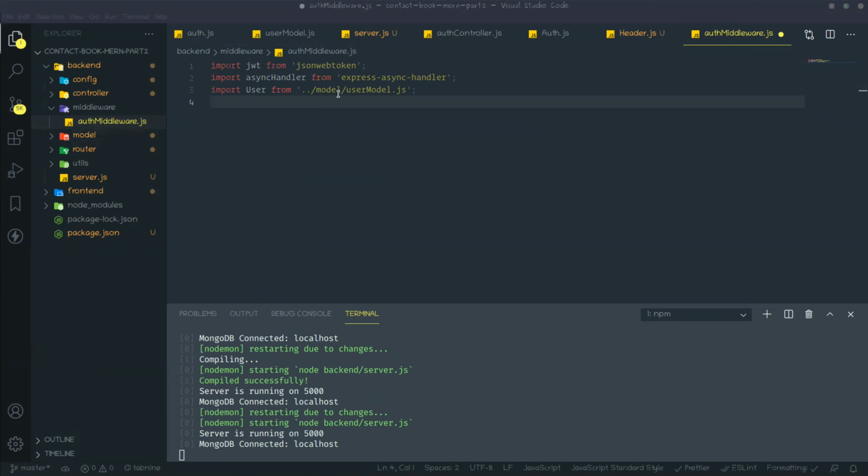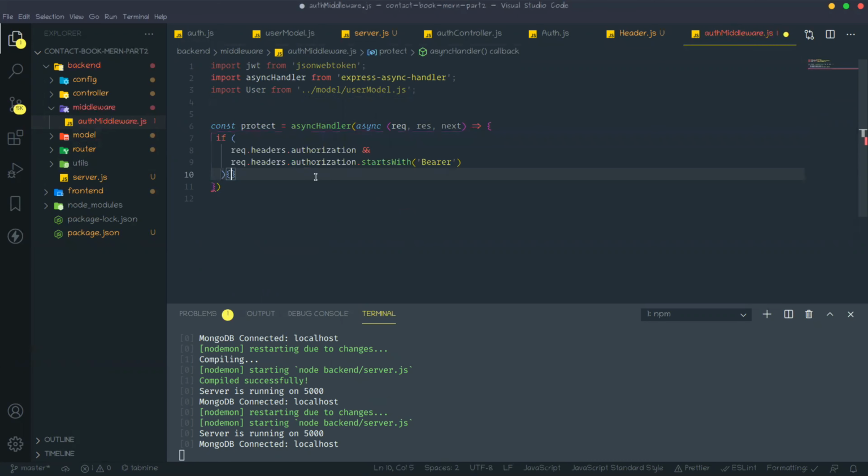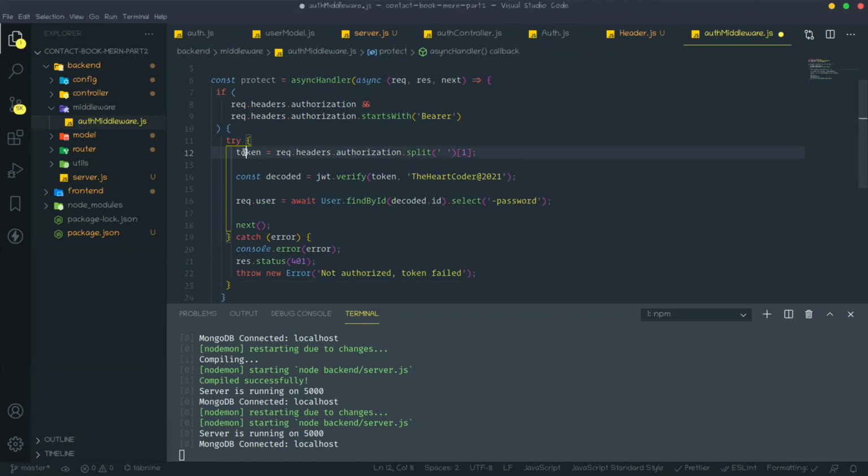Now just create one method that is protect, and in this method first we need to check that authorization is present on the header or not. If that is present, then just try to decode that. So I'm creating one try catch block, and here I take the token only, because that will come like Bearer then some token.